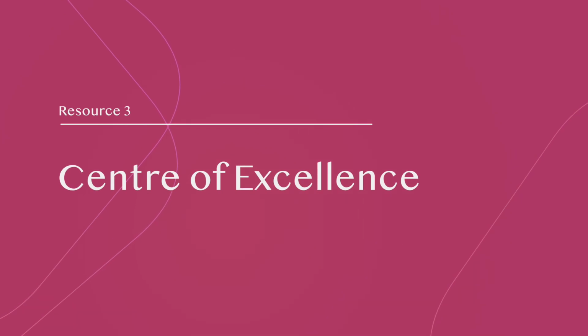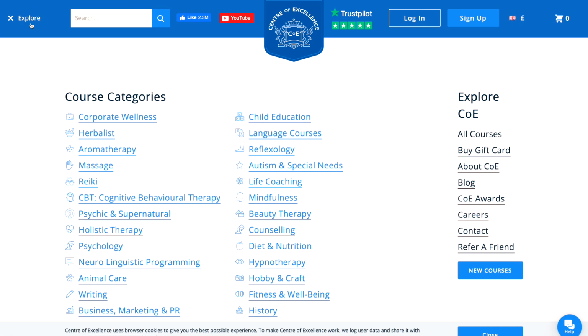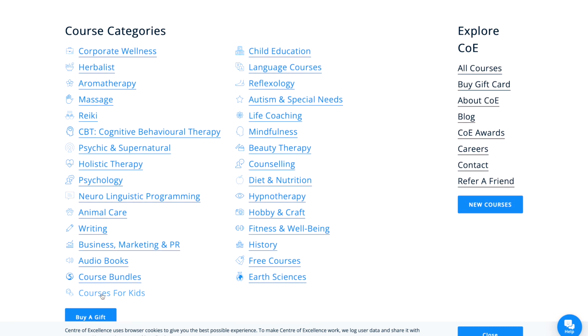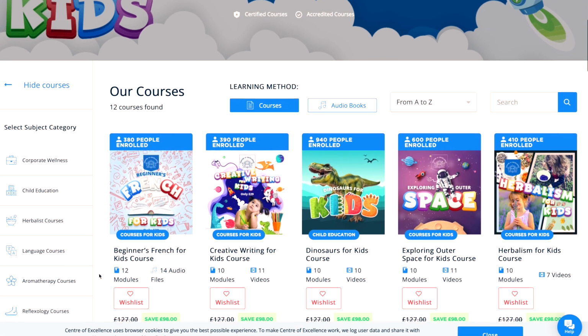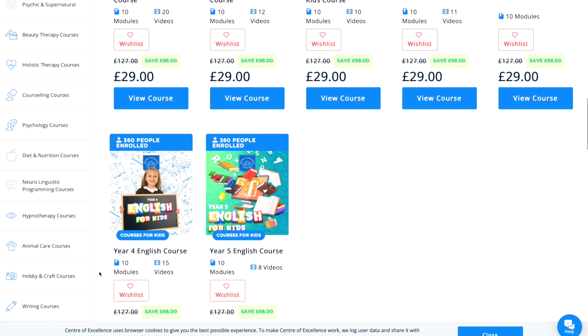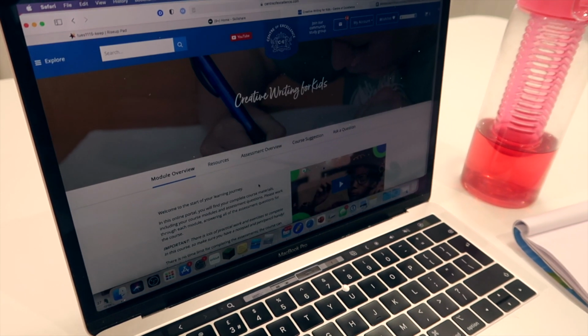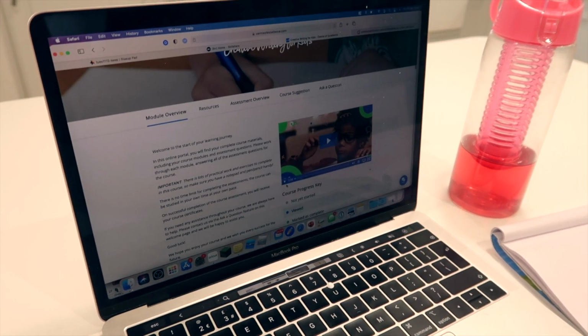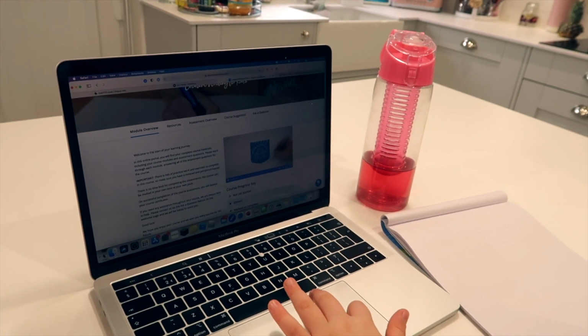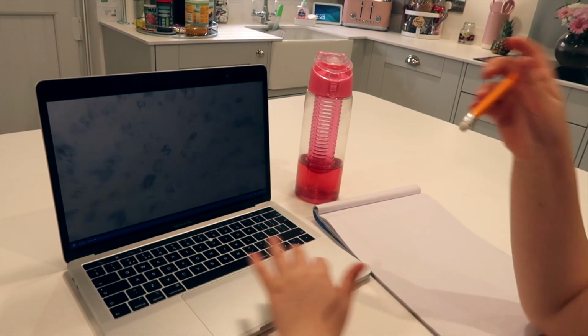Number 3 is the Centre of Excellence. I've mentioned this one before, and this is where you go on and you can purchase online courses. A lot of them are aimed at adults, which is fine for Alfie's age, and Ted has done 1 or 2 as well, which he's fine with. But they've also started doing children's ones, and I've just recently purchased creative writing for Millie, and also they have a couple of free audio ones on there, mindfulness for kids, which I've also downloaded. It was free, I'm not sure if it's £10 now, but they have a few anyway on there that are free. And there's a home education one actually, which is completely free to start,